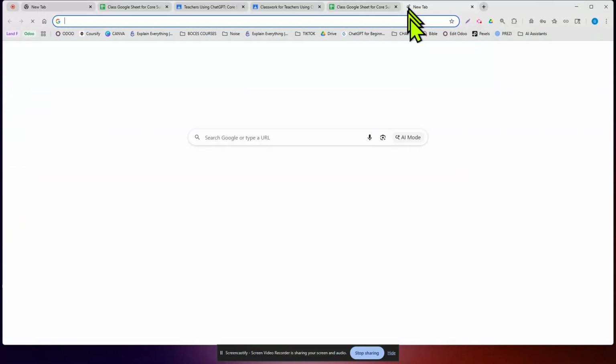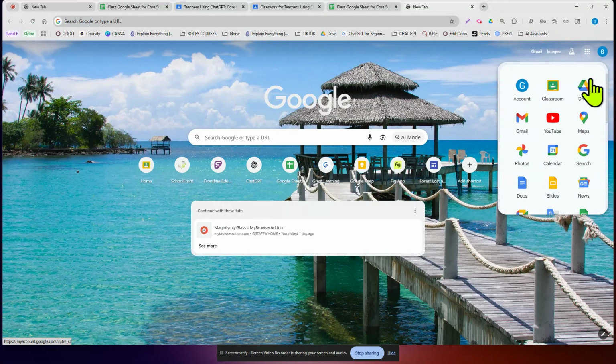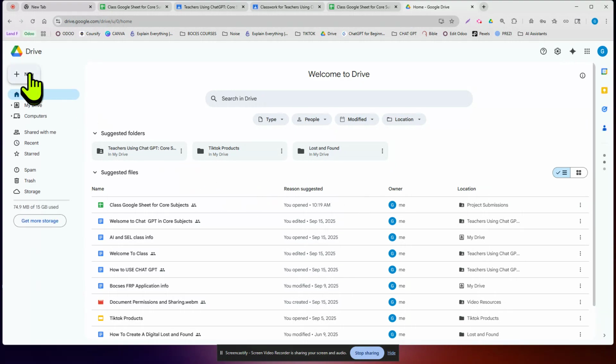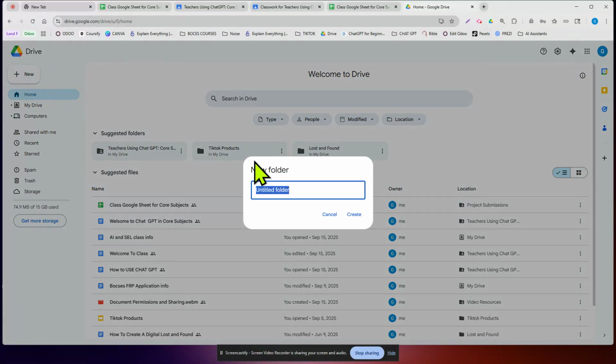So I'm going to go back out to a new page, and I'm going to go into my Google Drive right here. This is what I want you to do. Go into your Google Drive. I want you to create a new, in the upper left-hand side, new folder. And you're going to call this whatever you want. ChatGPT Core